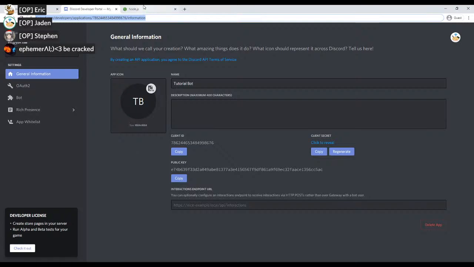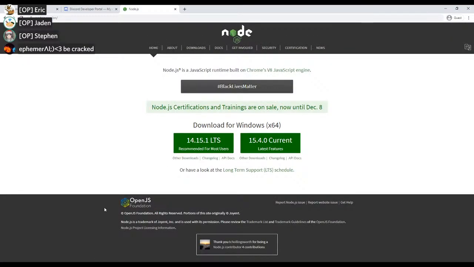Today we're going to do a Discord.js workshop, and we'll teach you how to make a simple bot using Node.js and Discord.js. If you have any questions, you can put them in chat and we'll read them. What you want to do first is go to nodejs.org and get the recommended